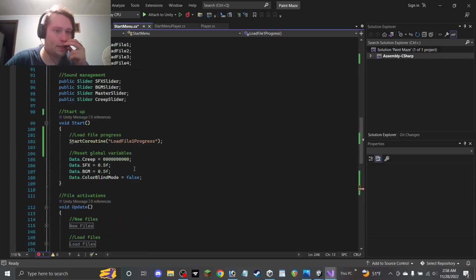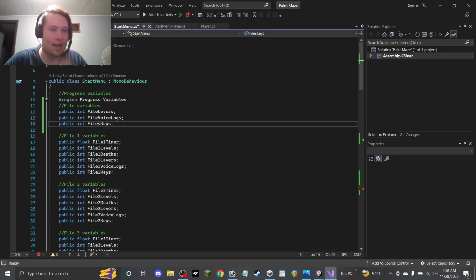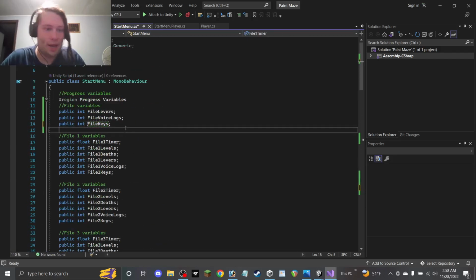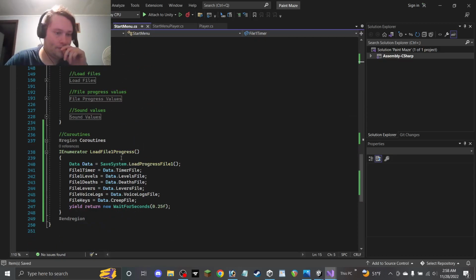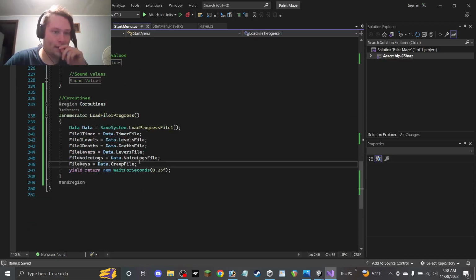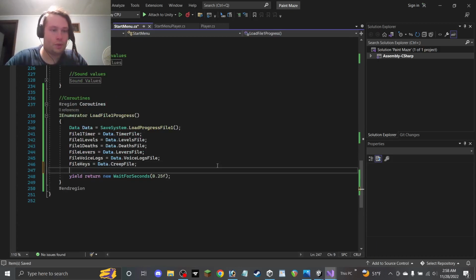File keys. Did I forget to change you to file key? Files key. No, file key. You gotta be file keys, you fool. Okay, so that goes on ahead. It makes that equal this. And then, of course,